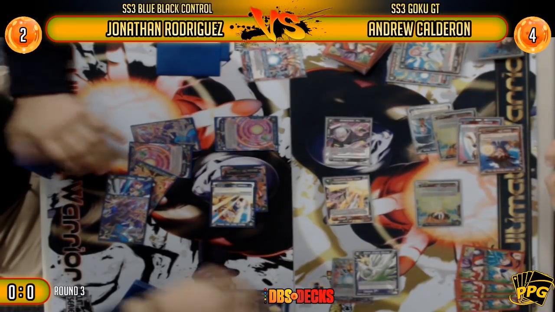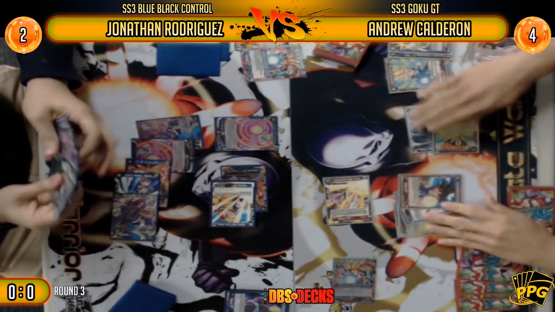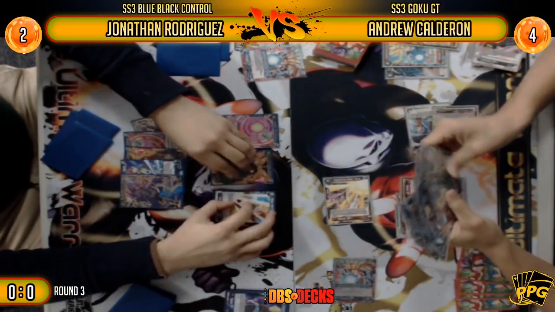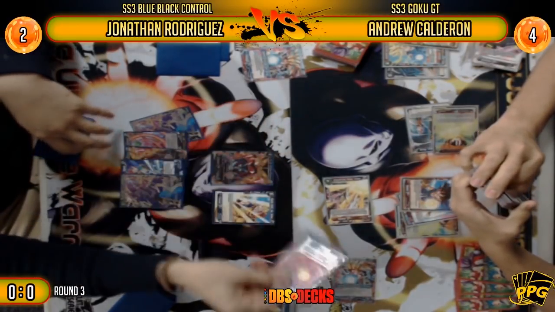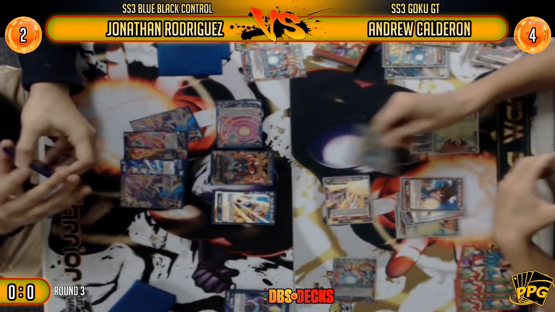Yeah, so he was attacking the leader. Andrew did read the card correctly. He did send his leader towards Jonathan's leader to try to drop him to 1. Jonathan was not having any of that. He was able to defend, and now the turn is on Jonathan with 2 life, going up to 5 energy here. That's very powerful because